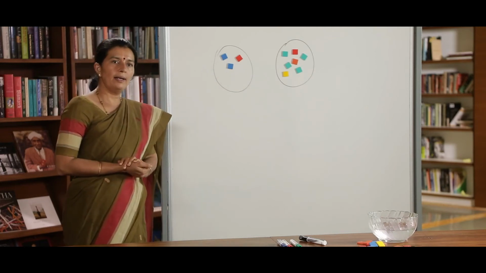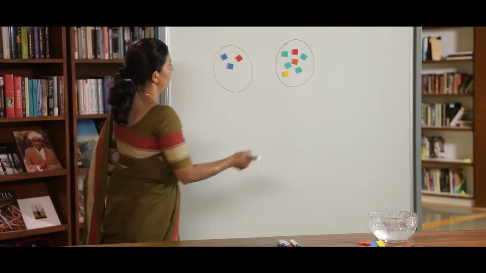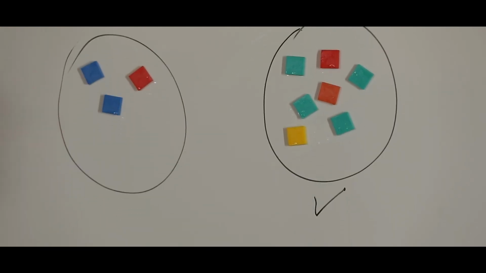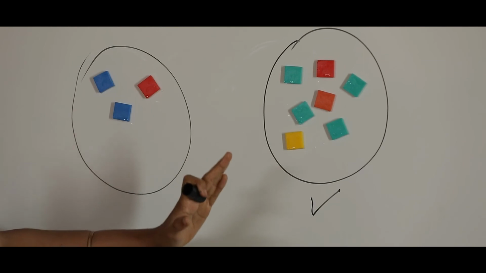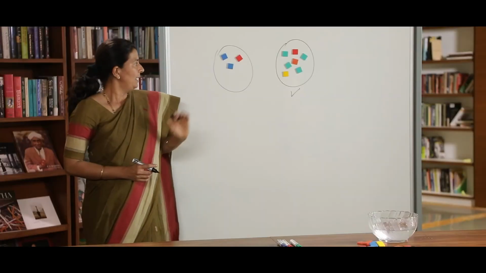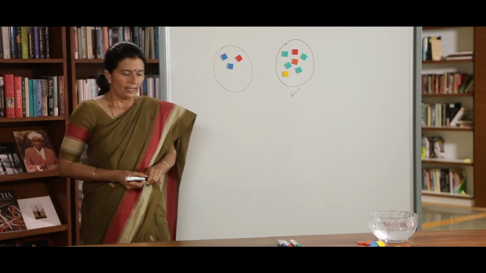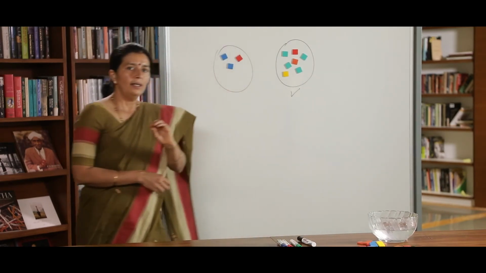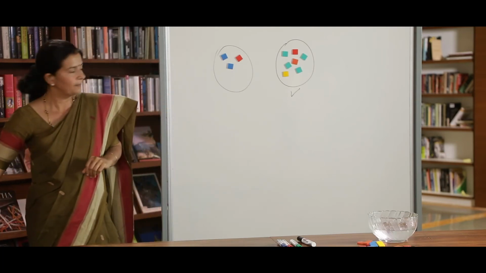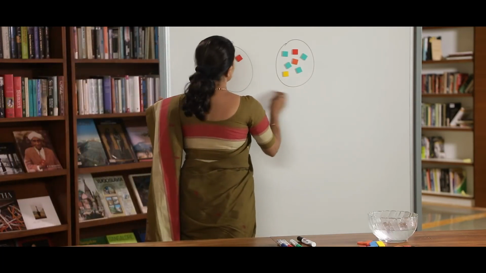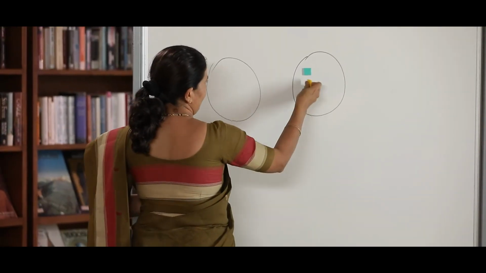Which is more in these two groups? When I ask, they will definitely show this group, right? Because this group obviously is in greater quantity. This can be said by just looking, right? But going one step ahead, I will show another method. Do observe. Now, I have placed a few objects here.